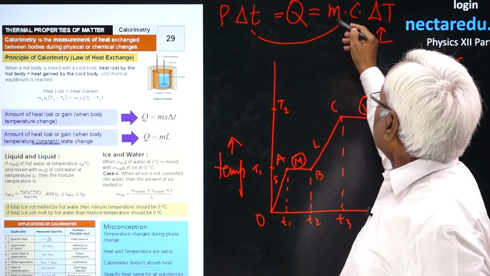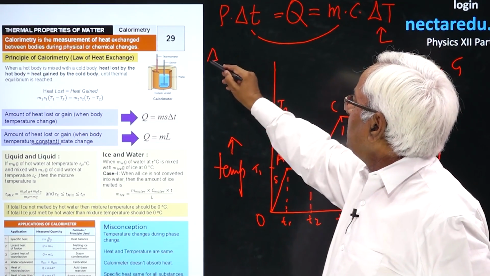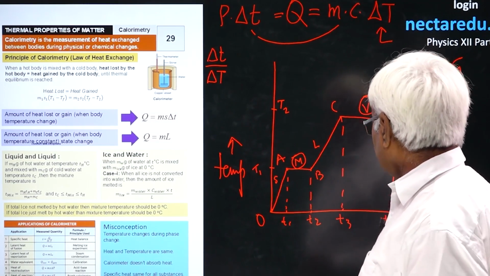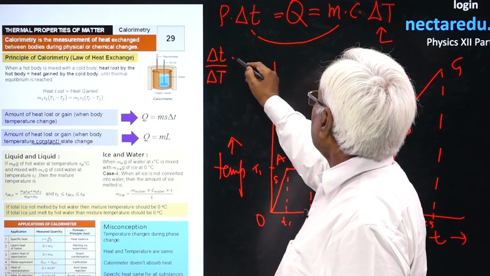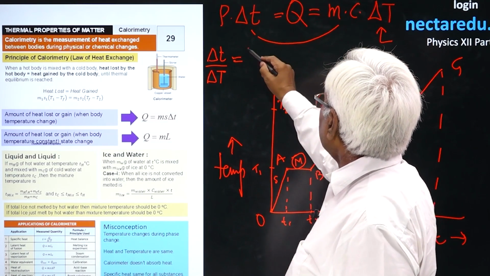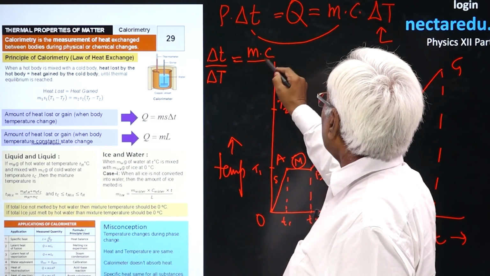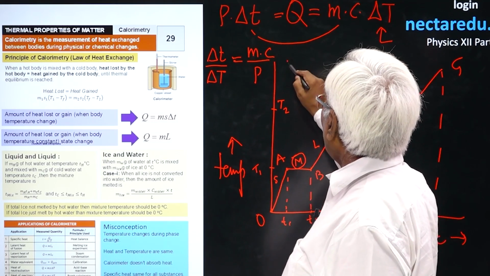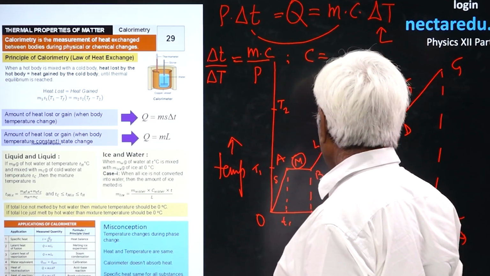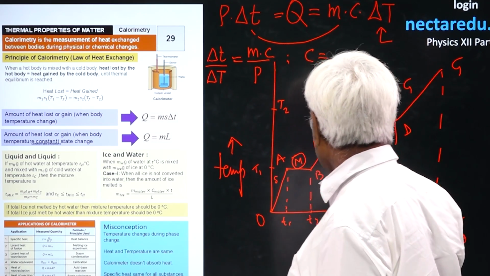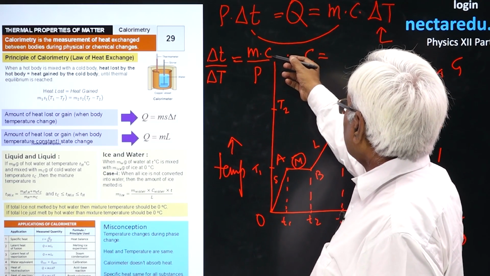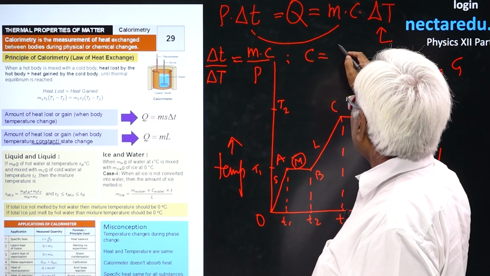Now, if you take the ratio of c delta T by capital delta T, this is going to be mc upon P. Or you could say c equal to delta T upon capital delta T. It has been reversed. So, in order to correct it, we are going to write it like c equal to